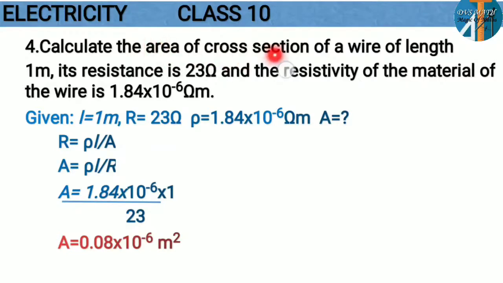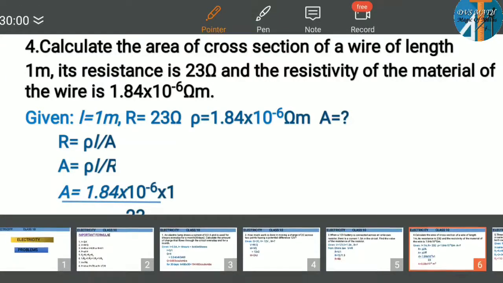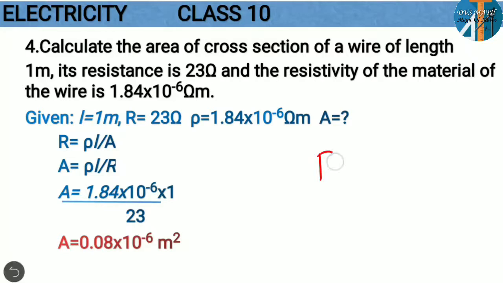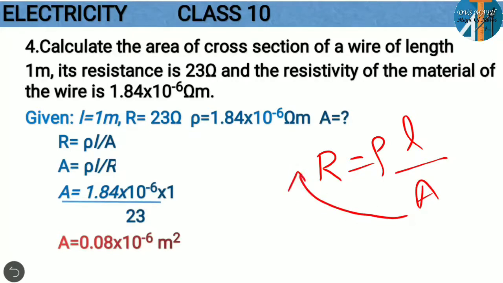They are asking to find the area of cross section, which we represent as A. As you all know, the given part consists of L, rho, R, and we need A. So which formula are we going to use? The formula of resistivity, that is R is equal to rho L by A. Now we need to find the A value, so we are converting here. Observe, the formula is R is equal to rho L by A. So you need to find A. I am sending R to the LHS and A to the RHS, so it becomes